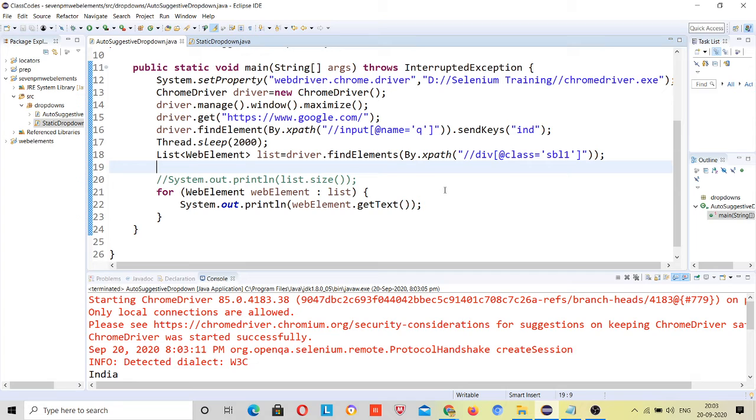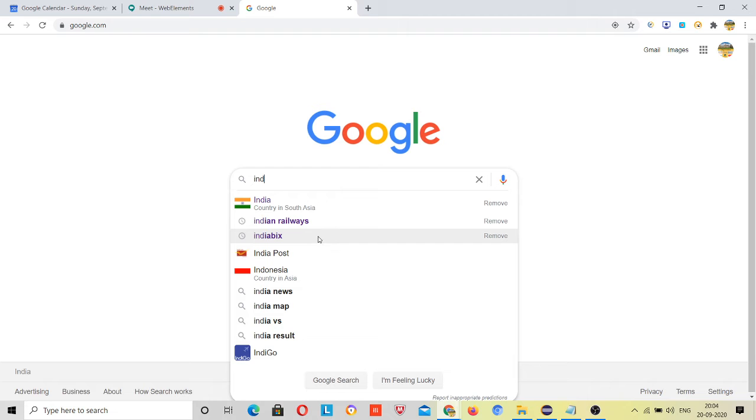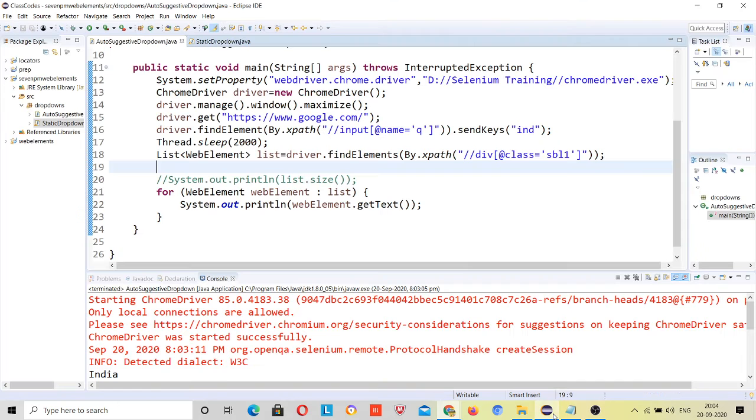Okay, oh sorry, I am coming to that. So I have to click on this. Suppose I have to click on this India Mart. I want to click on this India Mart, right? So just use a variable, String name is equal to null, right?